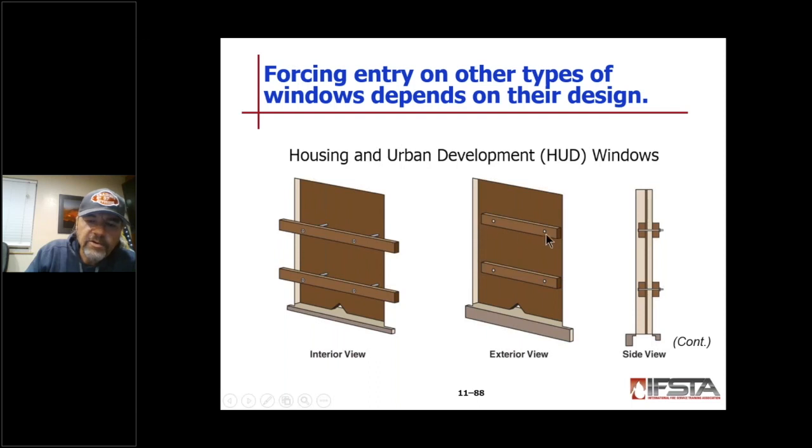On the outside, they have a reinforcing section of 2x4. And you can see in the side view how they're using the 2x4s and the plywood to secure the opening. In this case, with the tools we have, defeating the carriage bolt heads or just going through the wood itself is more difficult than using just our irons, but it does give us a good opportunity to get through a particular